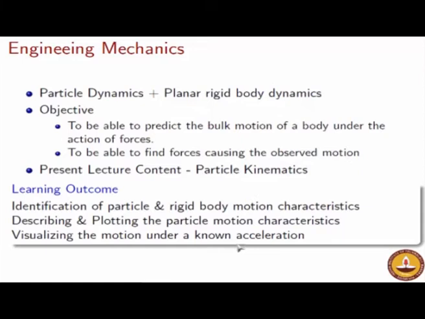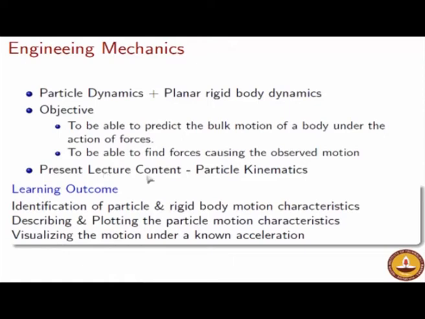It is very important for you to gain proficiency in the visualization of motion. If you can visualize in your mind how the motion is taking place, then the mathematics and the analytics is just child's play for you. So I would even suggest that you practice making these animations yourself, such that you gain proficiency in visualizing the motion characteristics in different kinds of problems.